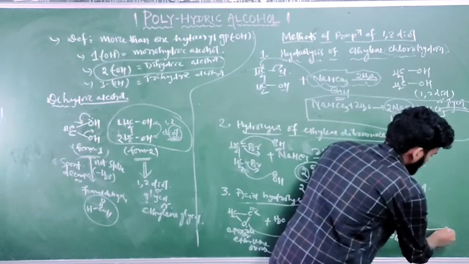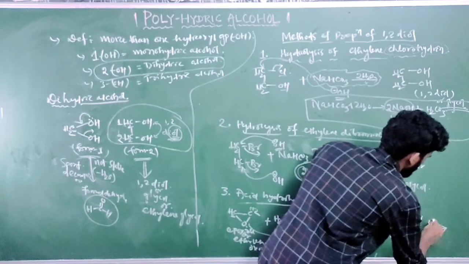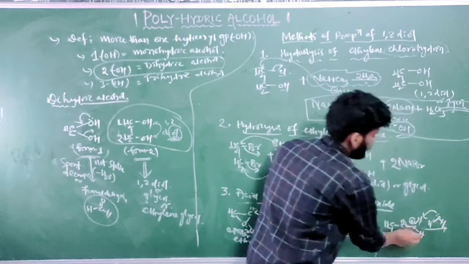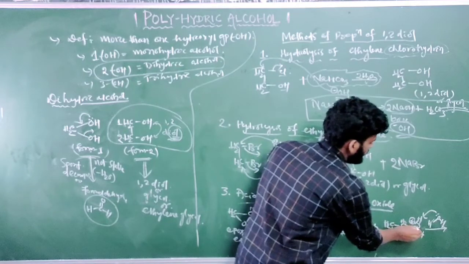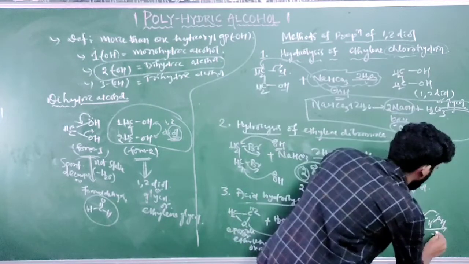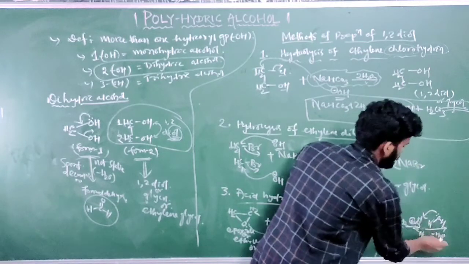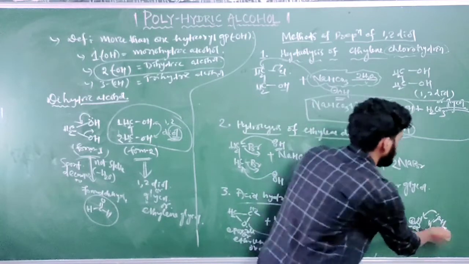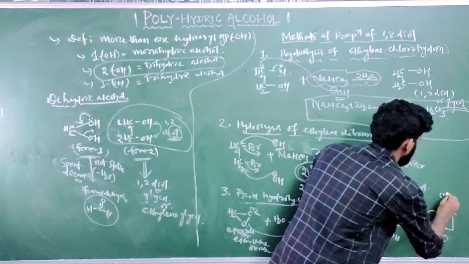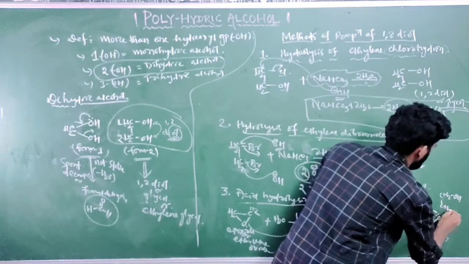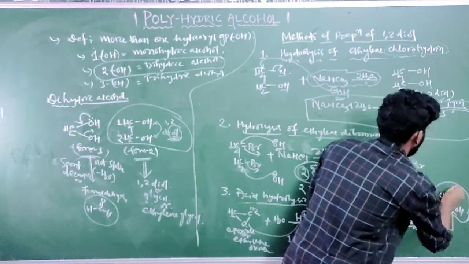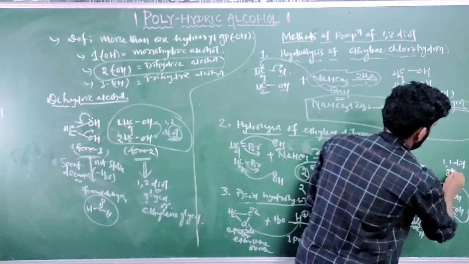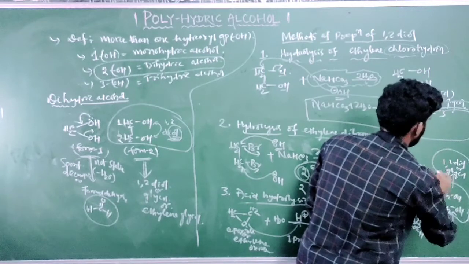Okay, so what will happen in the next step, another mole of water here behaves as a base. Here the oxygen lone pair takes the hydrogen, and this bond moves over to the electron deficient oxygen atom, and H3O plus will form, water plus H, H3O plus will be released, and here CH2OH, CH2OH. This is what? CH2OH, here also CH2OH. So this is what?